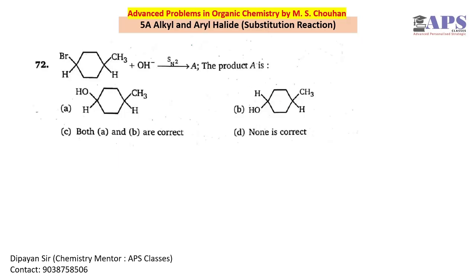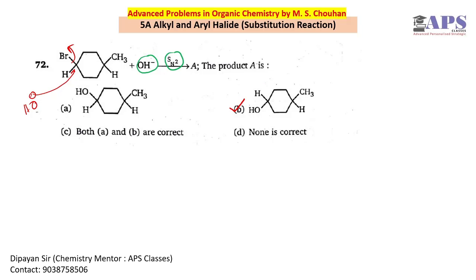In question 72, we have to perform an SN2 reaction and we have the nucleophile OH minus, and the only leaving group is the Br present here. Now this OH minus will approach and we will see the Walden inversion, or the 100% inversion product, and OH minus will be attached to the opposite position. So it will approach from this side and Br will be eliminated. It will be attached to the opposite position of the Br. So B will be the correct option. Only the inversion product is formed in an SN2 reaction.